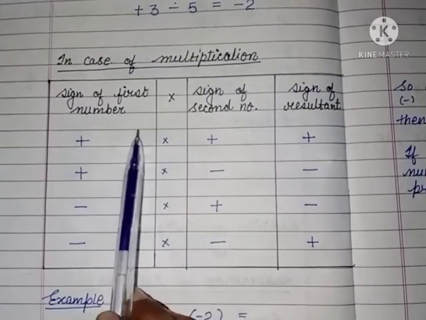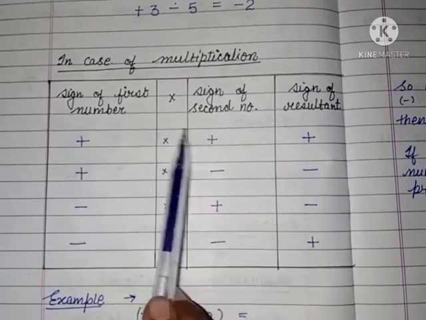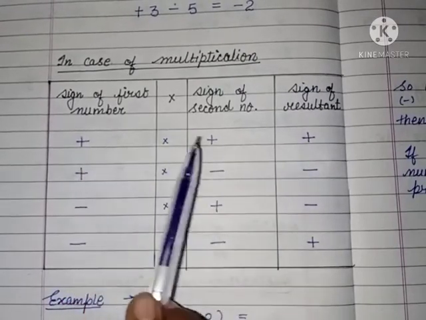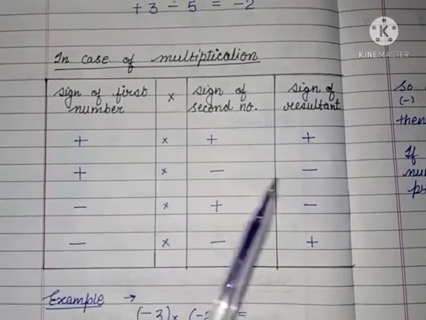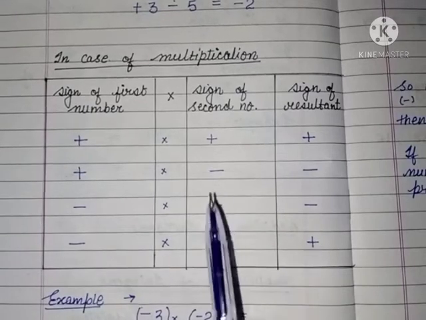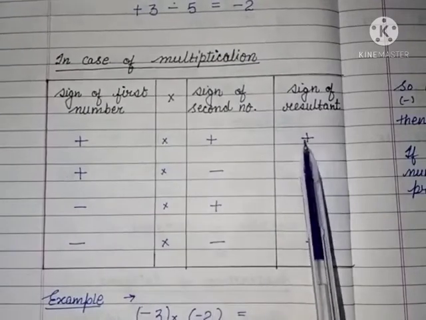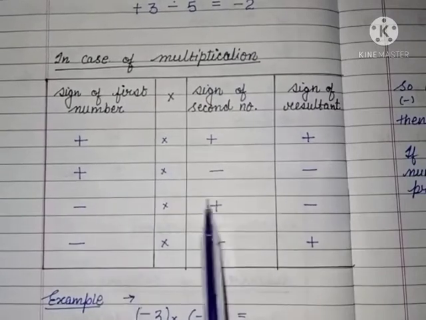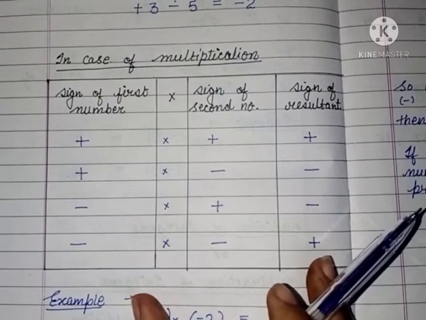Now in case of multiplication, if we multiply two integers, if we are multiplying integers having plus plus sign, then answer will be plus, plus multiply plus plus. If the signs are opposite, that means plus minus, minus plus, and minus minus, in this also, if the signs are same, plus plus, sign will be plus, minus minus plus, and if opposite, plus minus and minus plus, minus. Okay, these points you need to remember while calculating integers.